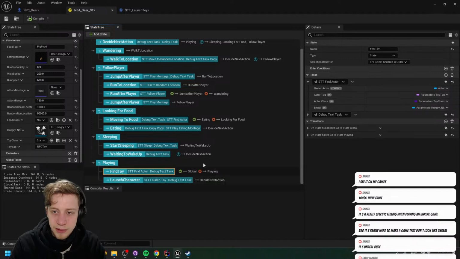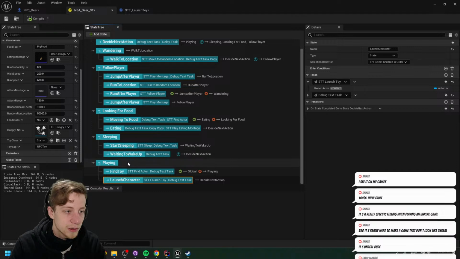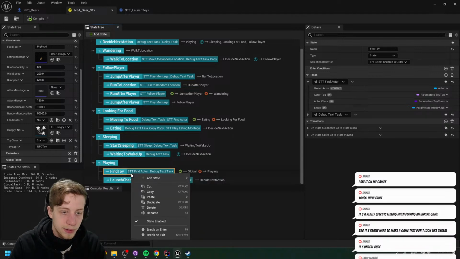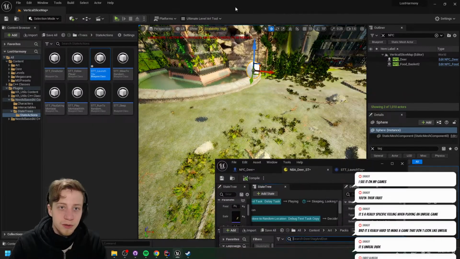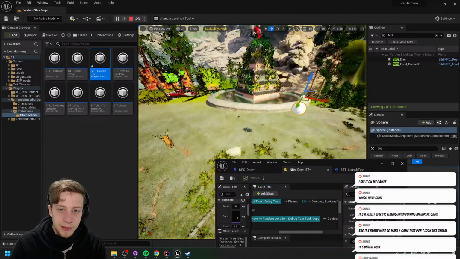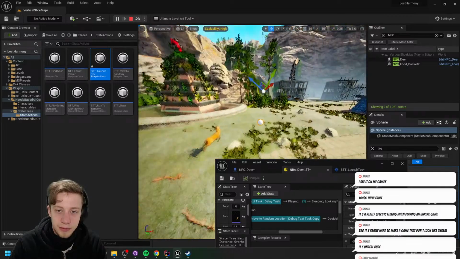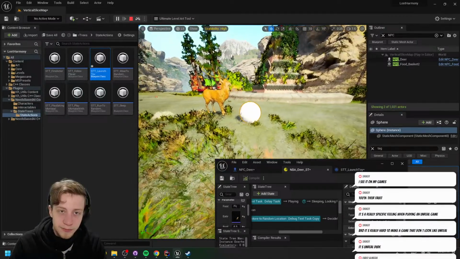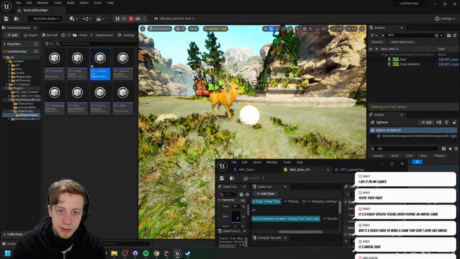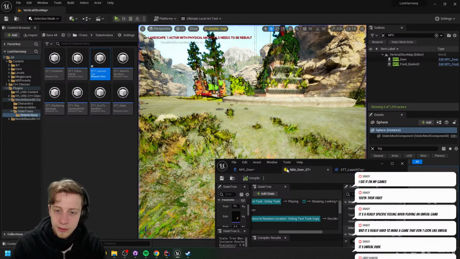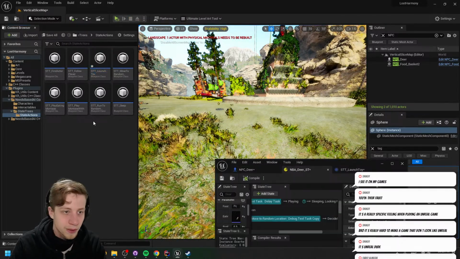Let's see. Let's draw here a different one. We don't have a different one now, but it's fine. Okay. Let's look at our find actor. Are we messing up anything there? Oh, you know what? Let's first just preview it again. Doing just something as stupid as forgetting about it. Okay, there we go. He finds it. He stays here, but the sphere trace doesn't happen. Why not? What's going on here? Let's look at our go-to location.